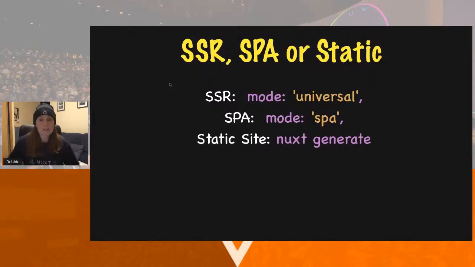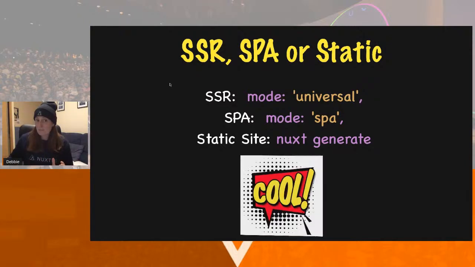So just by calling Nuxt generate, it's going to generate that site for you, which is pretty cool, right? Because it makes it very simple. It basically means that right now, you can convert your single page application into a static site with a very small change of commands. Now, this is going to change very soon. So don't worry too much about how to do it now. It will change, but it's going to be as simple to change from one to the other. So I want you to keep in mind that you can go back and forth.